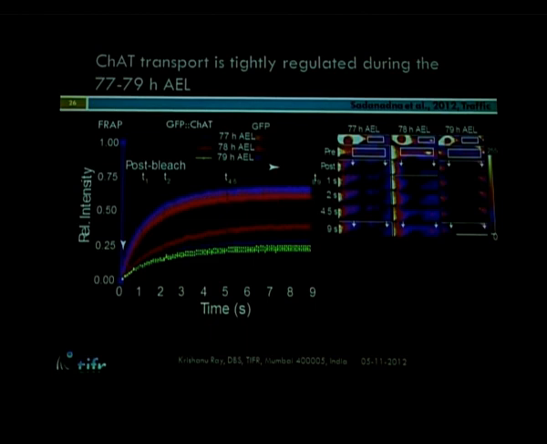So this showed that the bulk soluble proteins that are present in the axon don't have a particular start or stop kind of movement. They are present in the bulk, and the motor which is moving has a periodic association and dissociation with this cargo, and that causes a period in which the whole bulk will move in the axon, and then a period when nothing will move at all.